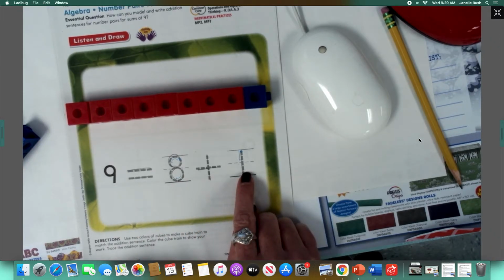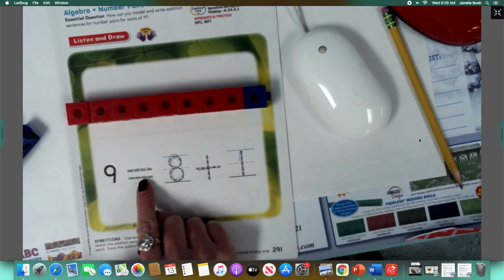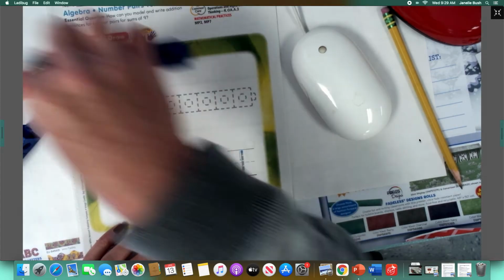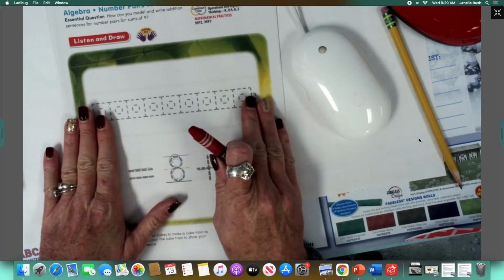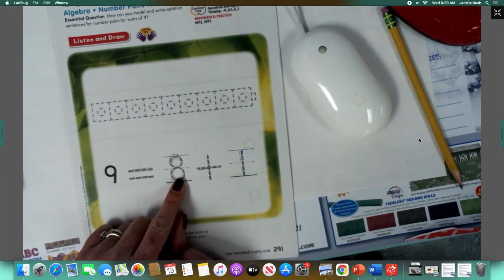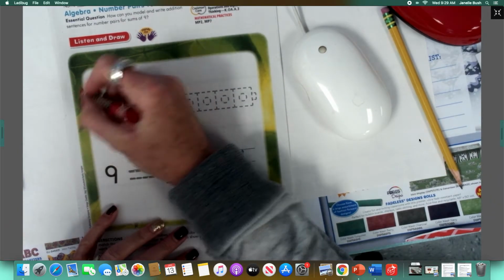Everybody read that addition sentence with me. Ready, set, read. 9 equals 8 plus 1. Good job. So now what you're going to do is we're going to color the cube train to match our problem. So how many red cubes are we going to color? Yes, 8. There's 1,